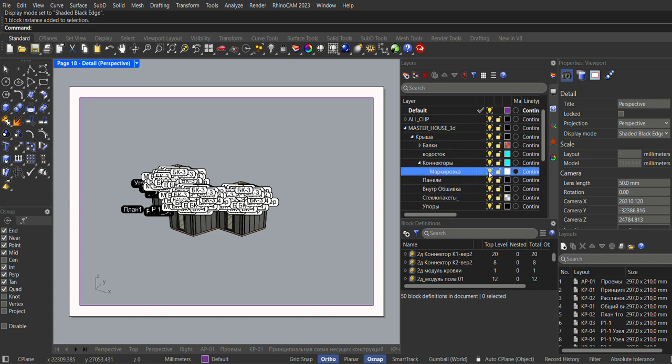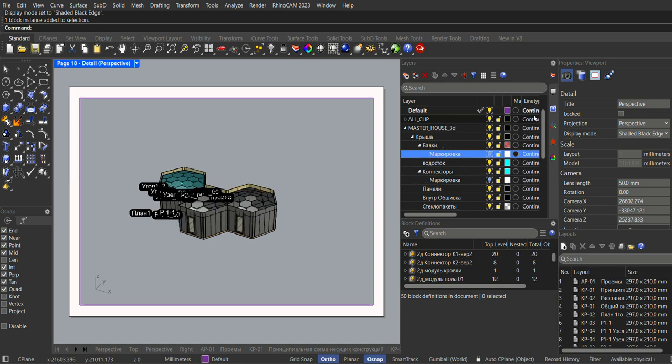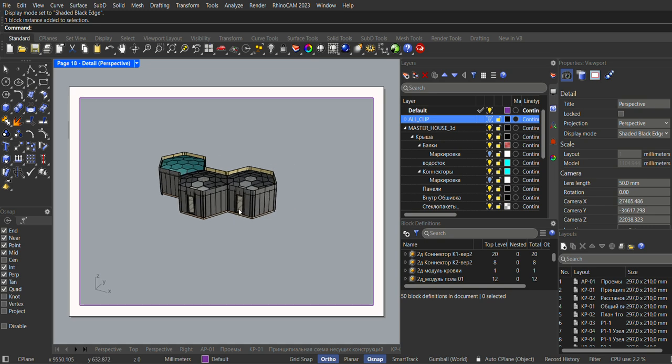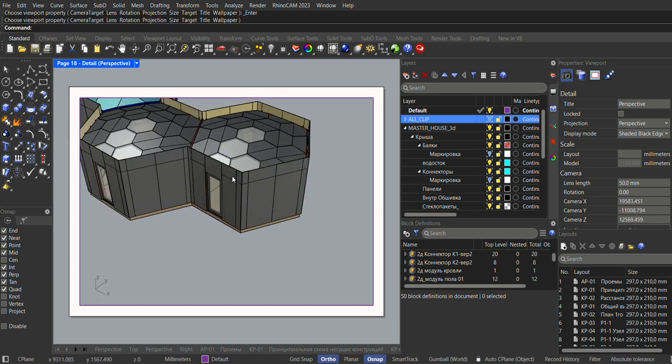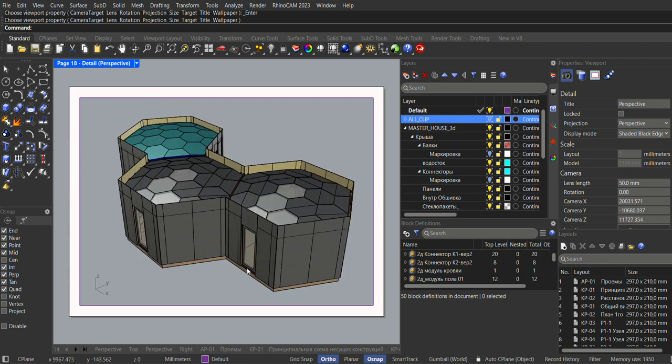So I will do it in a few seconds, I guess. And after that I need to create my section, which can be done with a clipping plane or a section. I usually use clipping planes. For example, I would like to make a section of this space, and I can do